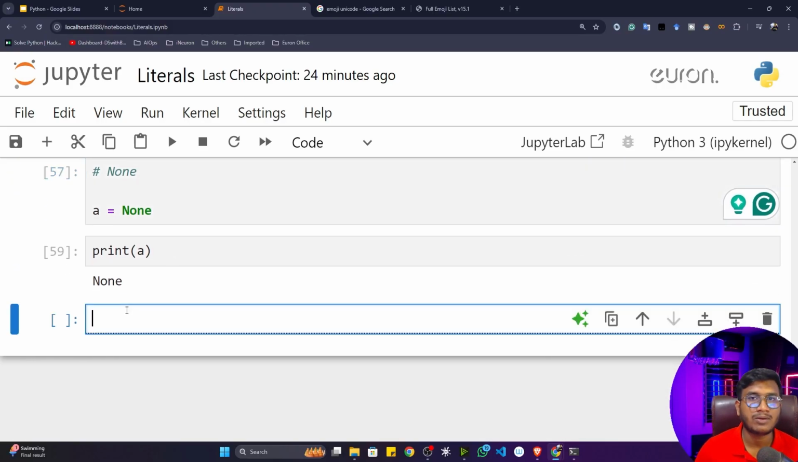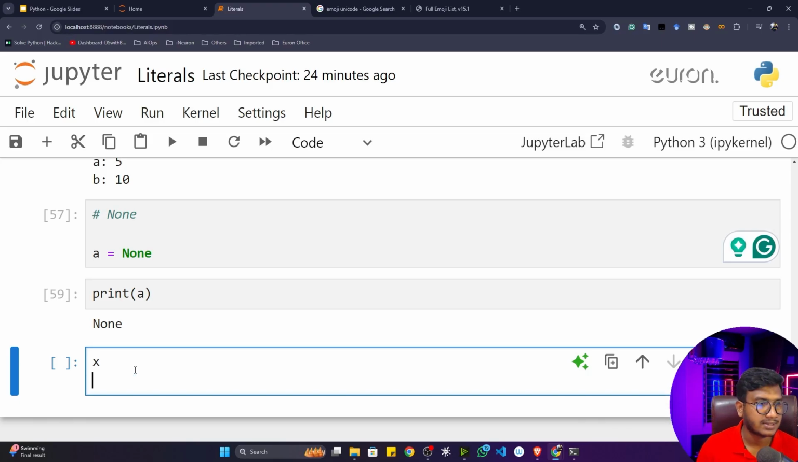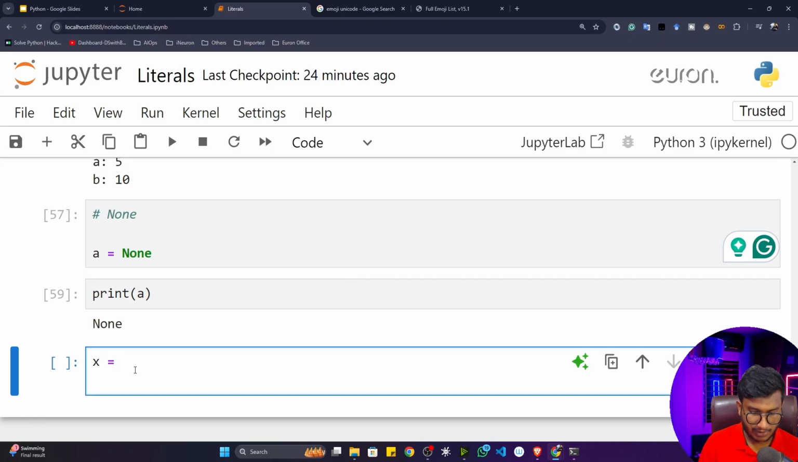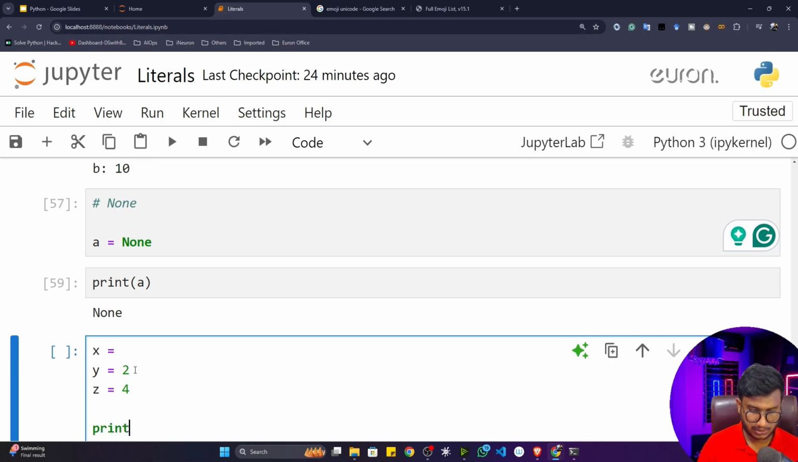Why do we give this none? In other programming languages we define our variable at the very first, whether it's an integer, a floating, or a character type variable. But in Python we can't. Let me give you one example. Let's say x is equal to empty, nothing. Then y is equal to 2, and z is equal to 4. Now if I print x, y, and z,